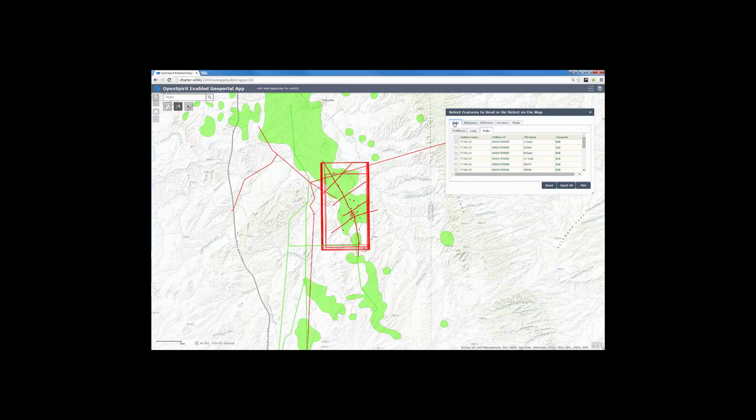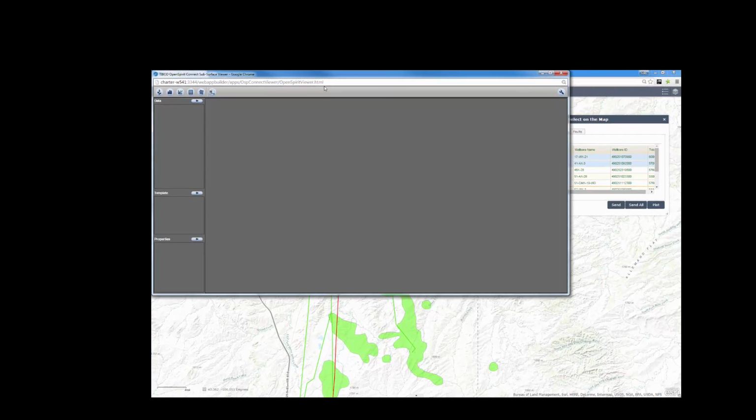So if we want to, we can actually connect to these underlying data stores and browse the data inside of the OpenSpirit Connect web viewers. So let's do that. Let's go back to our wellbores. Let's say we want to look inside of a log track view and look at what logs and what formation tops exist, and let's go ahead and plot those. That brings up our